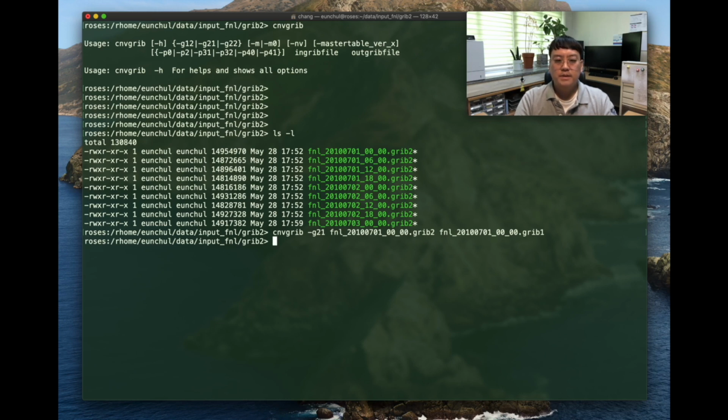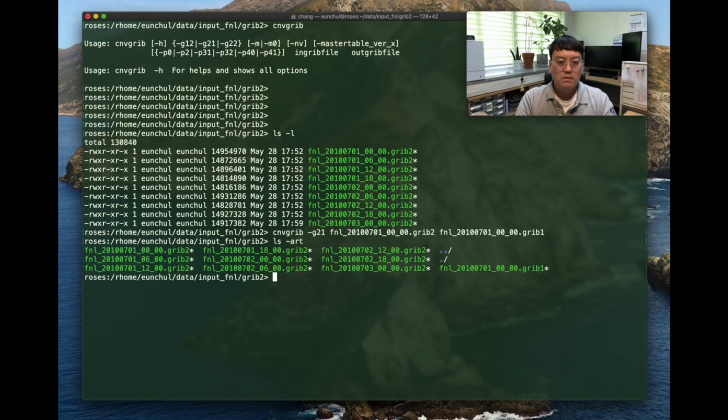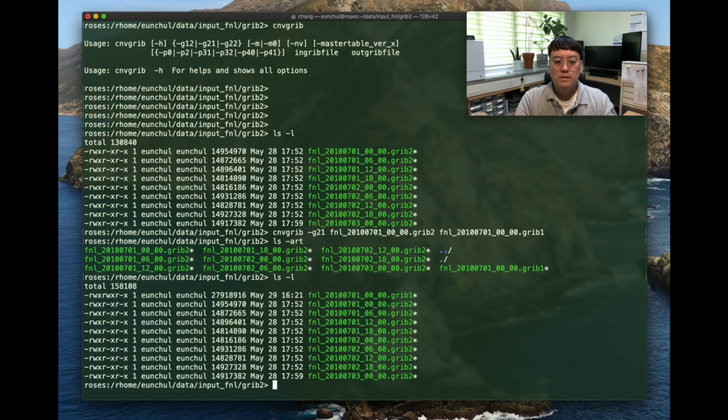With some time, so it's done. Okay, so now we can see here the grip 1 data is created. Okay, so in the same way you can repeat this process for the entire other data set, or if you